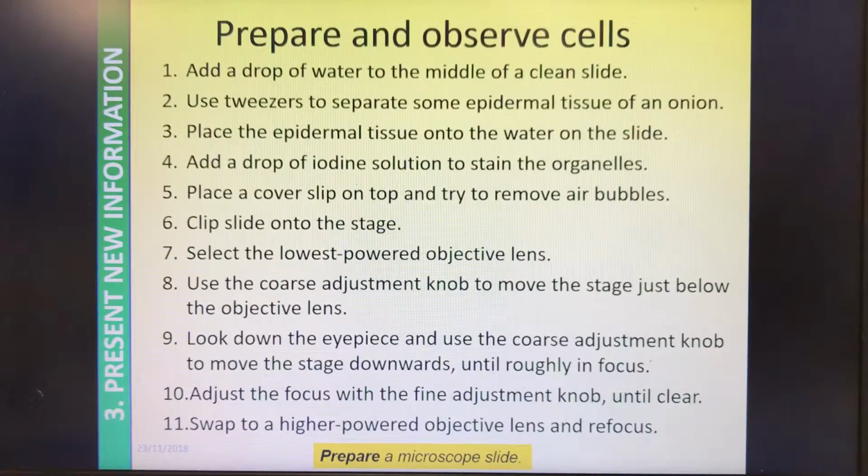You can use tweezers to separate, in this case we're talking about onion skin cells, some of that epidermal tissue, that thin layer between the layers of the onion. That's placed onto the slide, and then we add a drop of iodine because this stains the nucleus so that it's more visible. And then a cover slip can be placed on top, trying to just tap it gently to remove any air bubbles. We don't always use a cover slip because sometimes our specimen lies quite flat anyway,